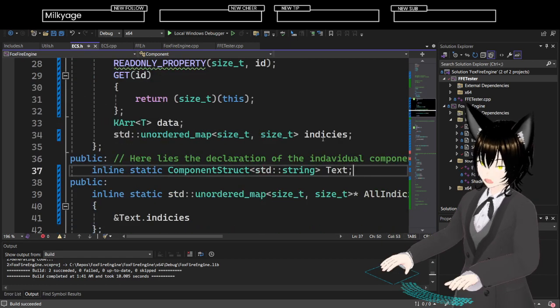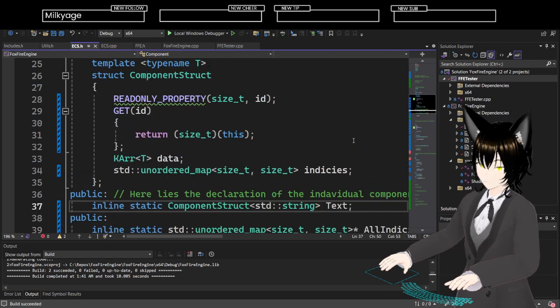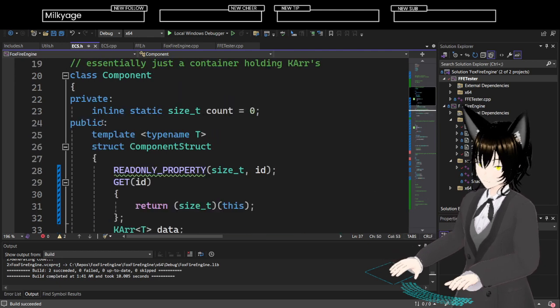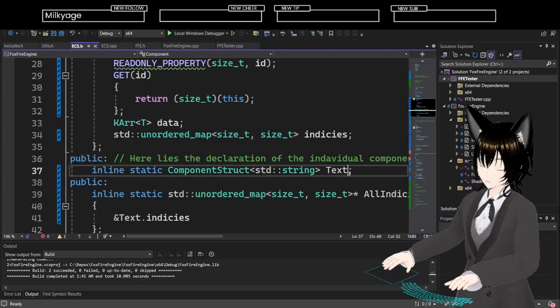Those creating components are going to be, I don't know. I feel like there's another way of handling this. I could go back to using this, because that's really easy to do.